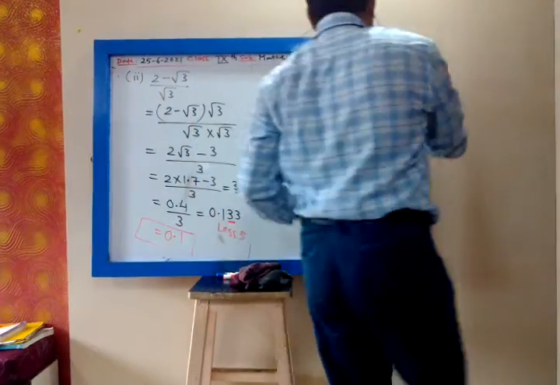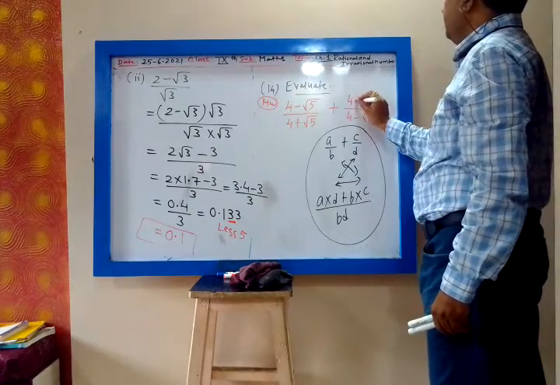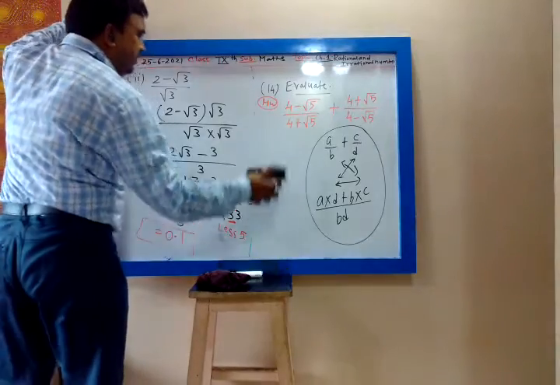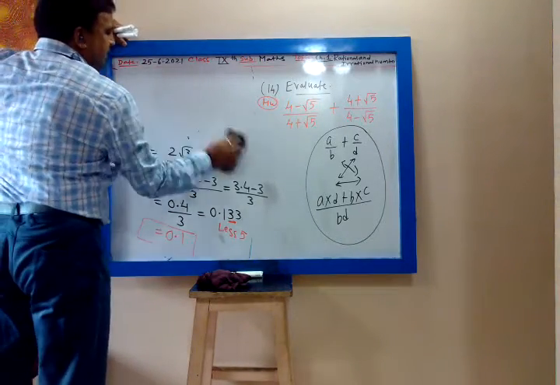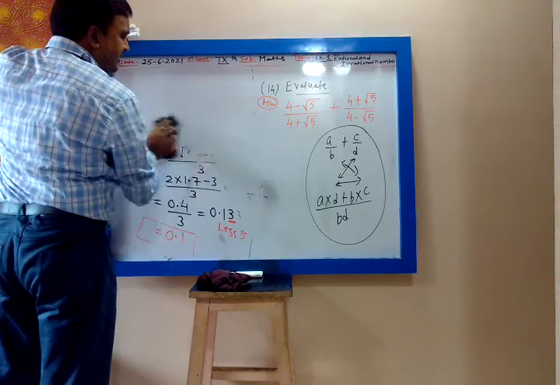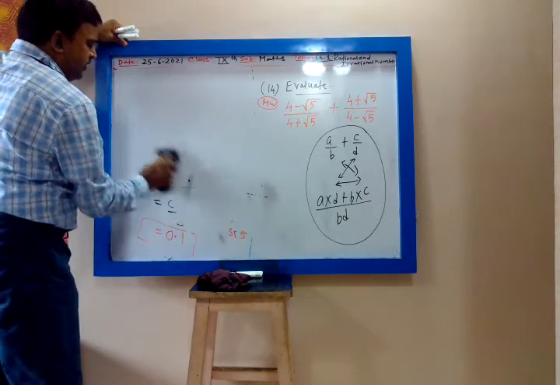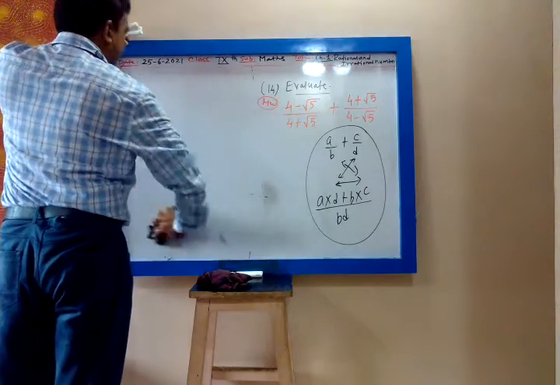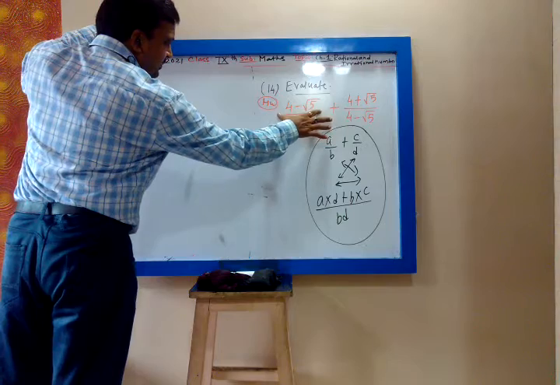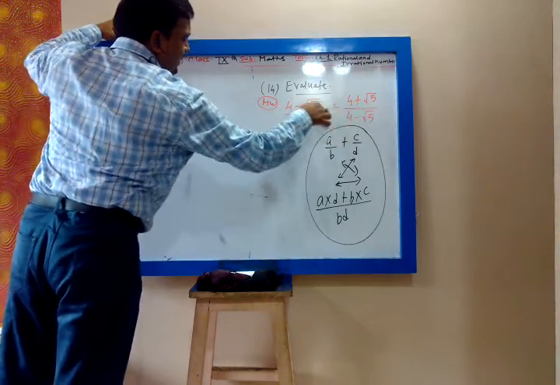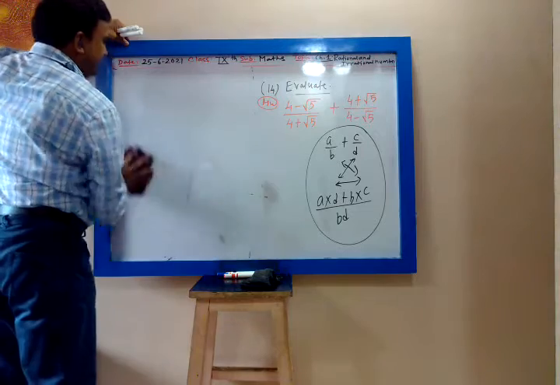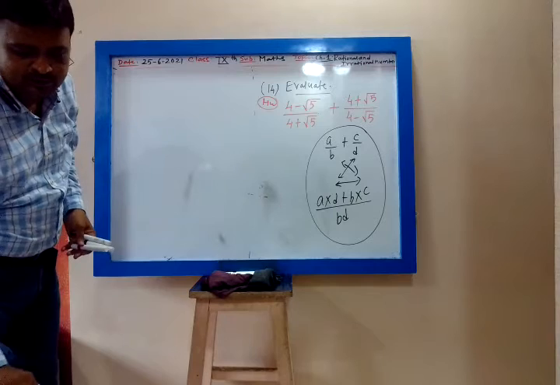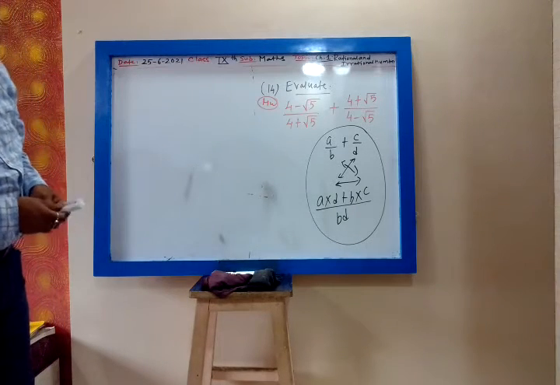Yes, it is 4 plus root 5. Okay, so this I am giving as homework. Same problem we have done earlier also. One method is either you follow this method, cross multiplication, or you rationalize the denominator of each term separately and substitute the value. This you rationalize separately, this you rationalize separately, and then add them. You can simplify in one step, no problem.